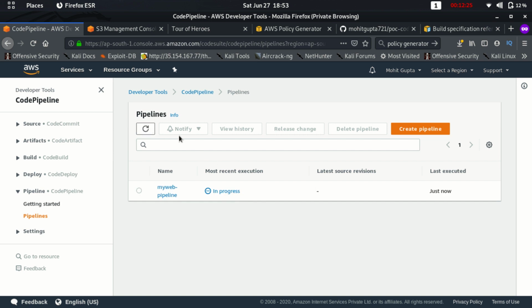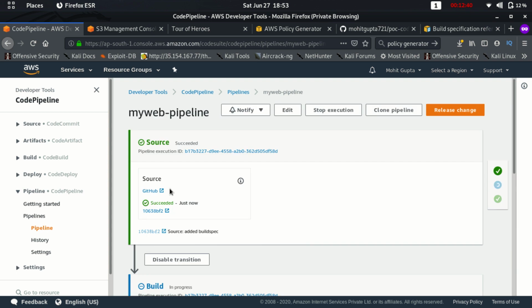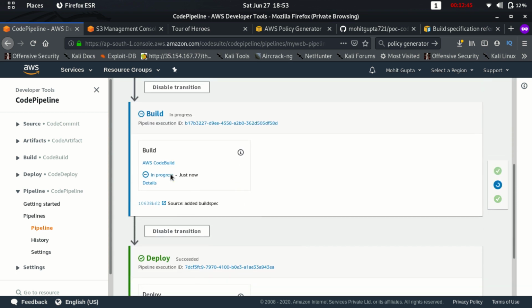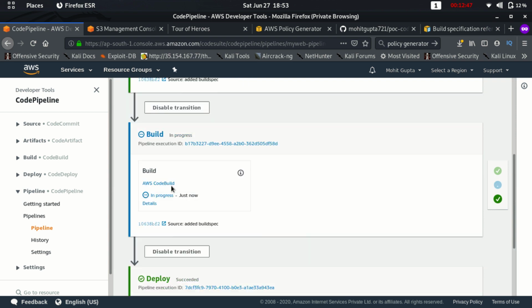Yeah, as you can see, it is in progress state now, because in the branch POC we have made some changes. So GitHub webhooks trigger the changes and the pipeline started. So it is in source state. It will again build the project and deploy it.